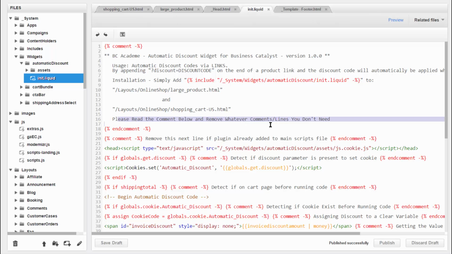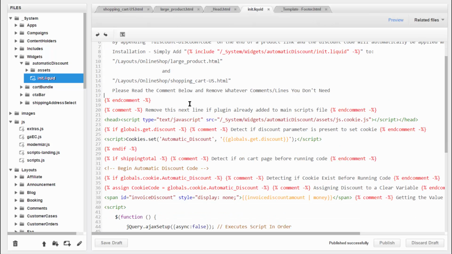You'll also notice that you can remove whatever comments and lines you don't need, if you don't want any of these extra comments being rendered or processed through the Liquid processor. So I would suggest going through and trying to understand what this is, following along, and removing things as you need them. The way this head works, we want to bump the scripts into the head, and